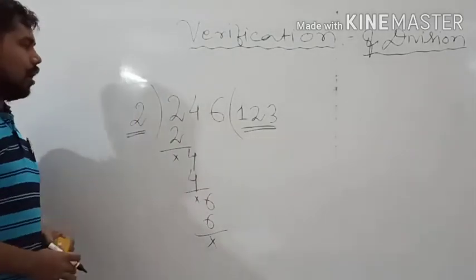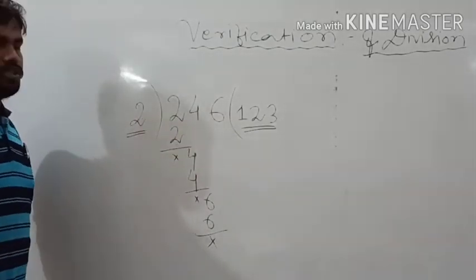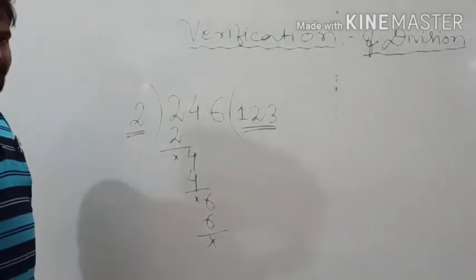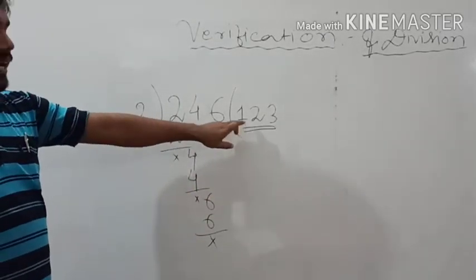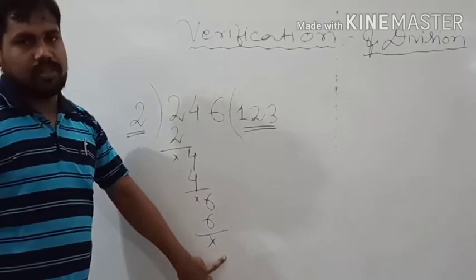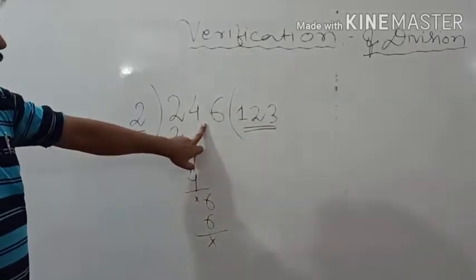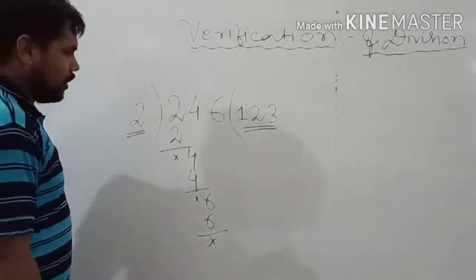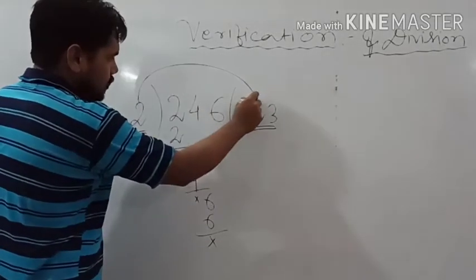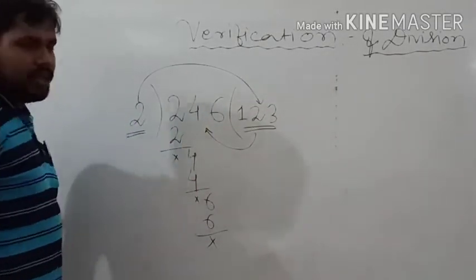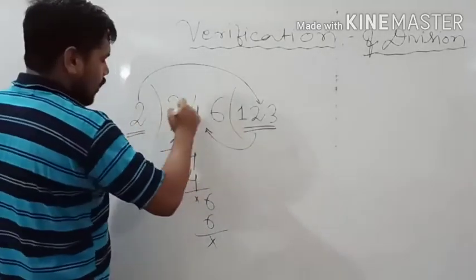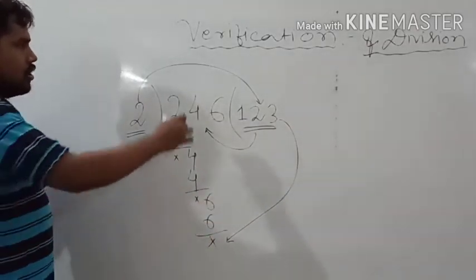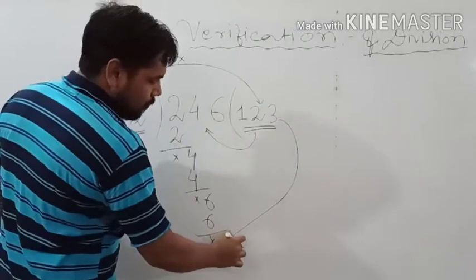So about all the terms related to the division, we have learned earlier: the number by which you are dividing, what that is called, the result which you are getting, what that is called, what the number left with is called, and the number which you are dividing, what that is called. So this is all we have learned already. So if you multiply this and this, you will get this number. And in case of remainder, after multiplying this, whatever the number will come, you have to add the remainder also. So this you have to multiply and this you have to add.